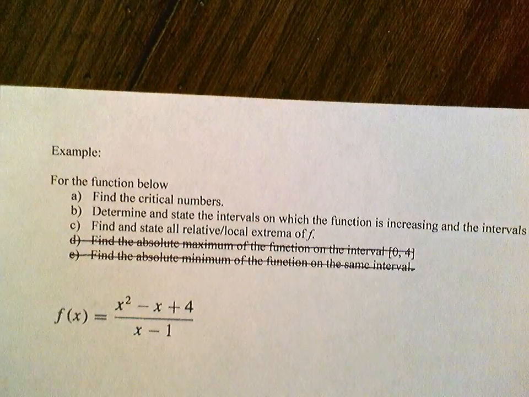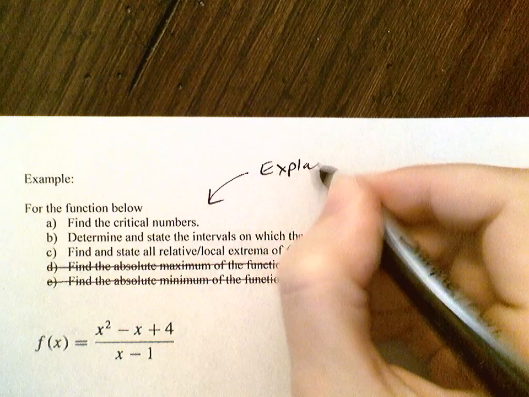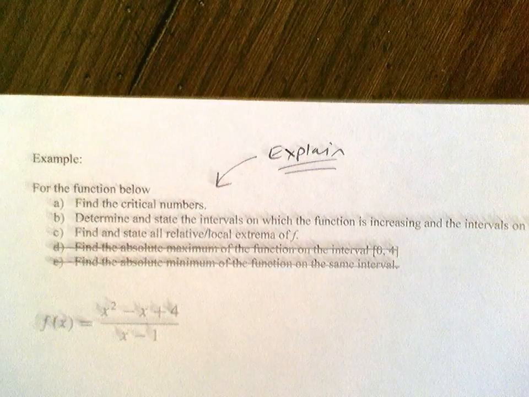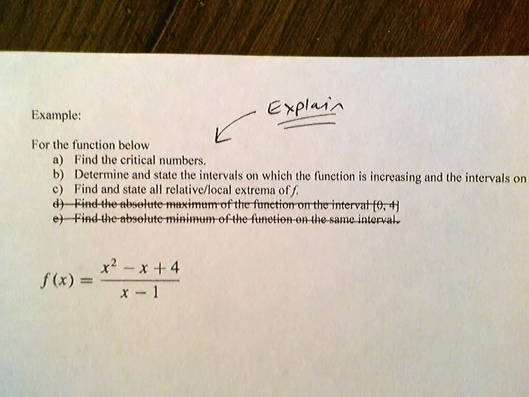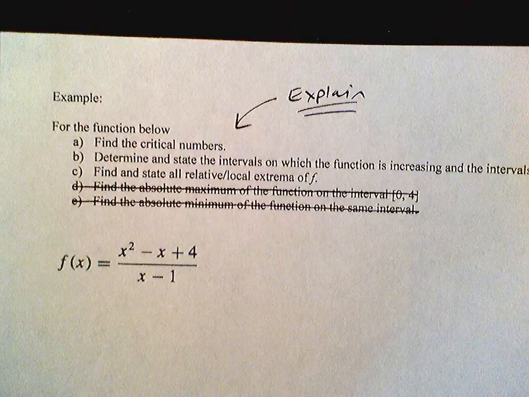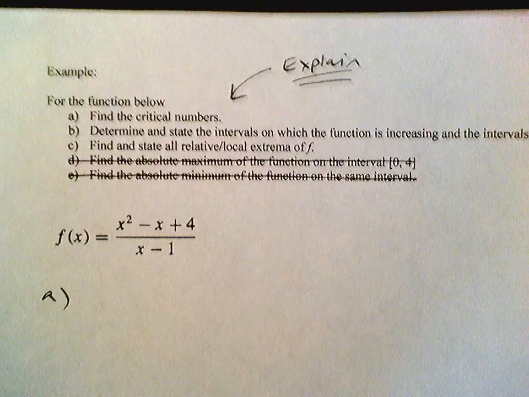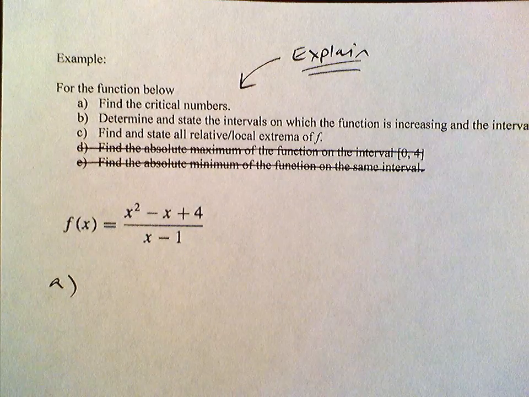Okay, and I'm also going to add explain. So I would like you to, we're going to explain these things as well. Okay, so for the function below, find the critical numbers. So A, the critical numbers are where the function is 0 or undefined. All right, so